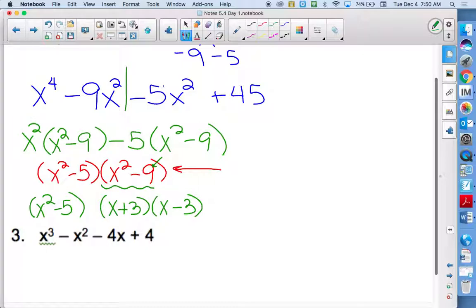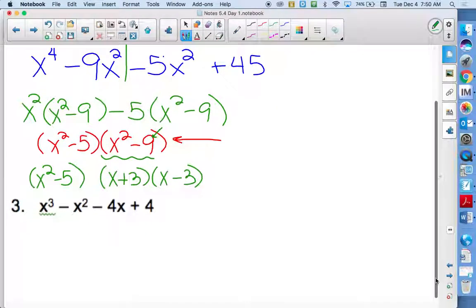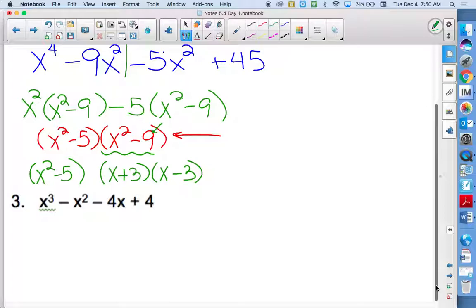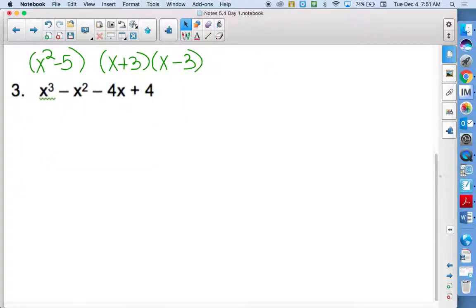Questions? See if you can do the last problem on this page, and then we have a couple other factoring problems to look at on the next page. I think this is the last one for this page. So 4 terms, 4 pieces means place a bar